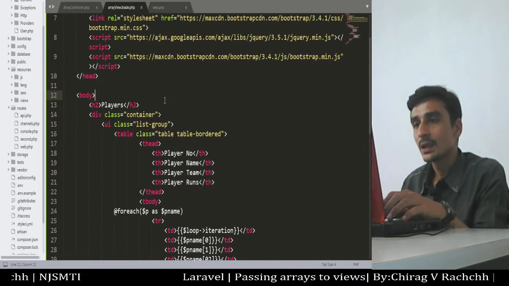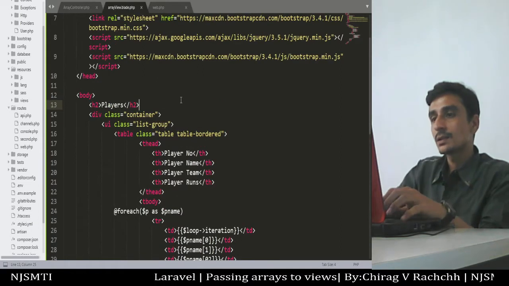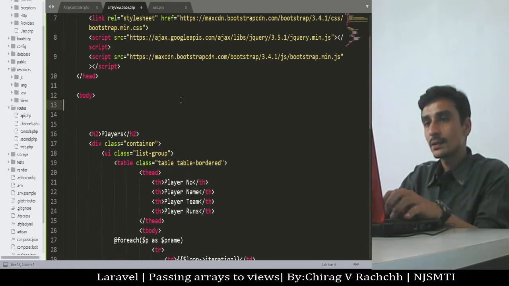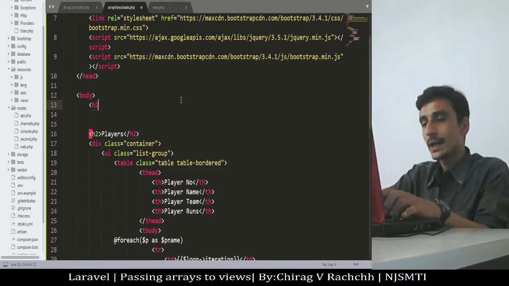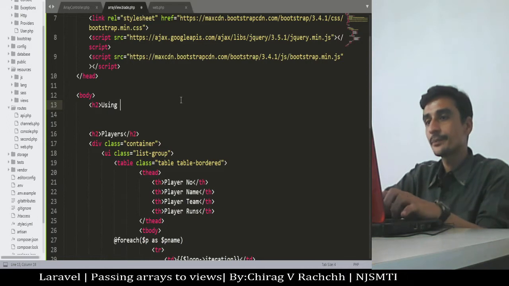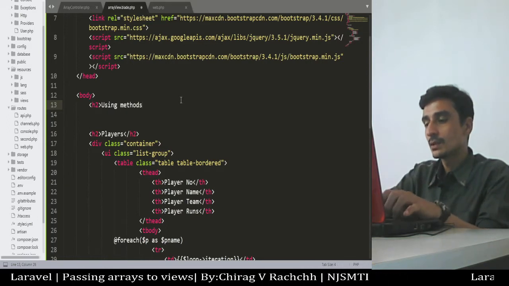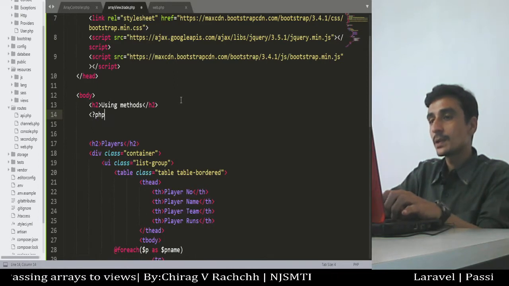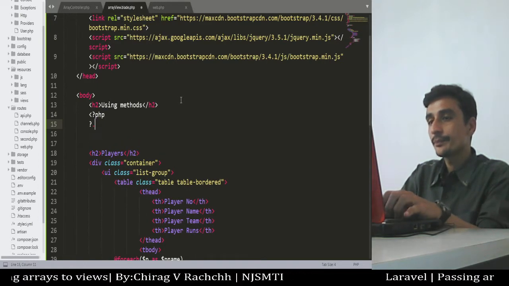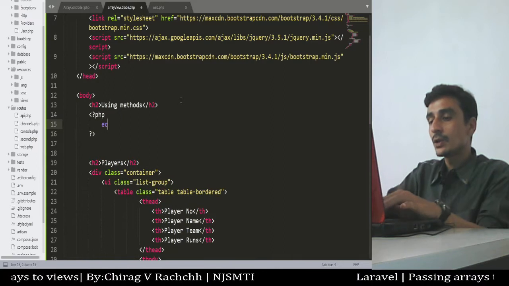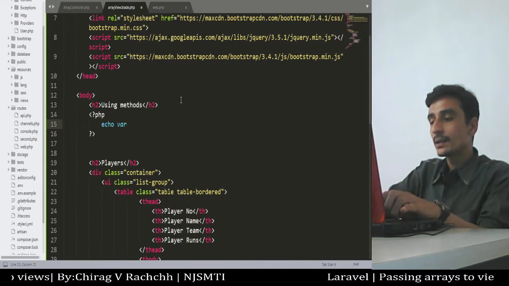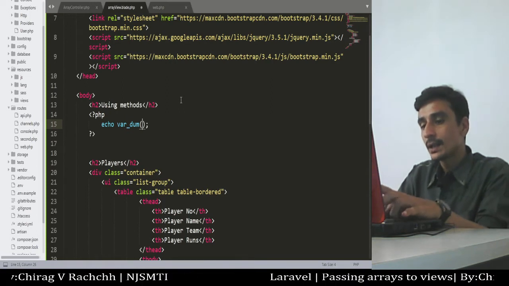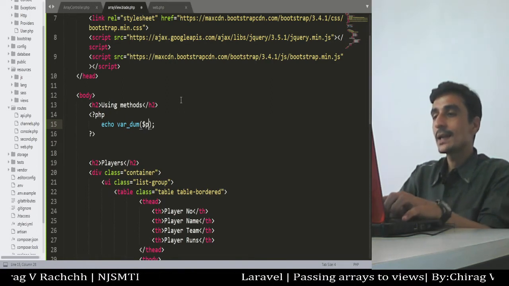See here, I am using that method over here, h2, and using methods. Now see, I am writing PHP code here, echo var_dump. It is for dumping the values of the variable array. Now the array is available as $p.